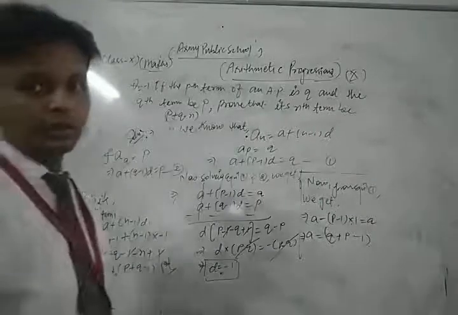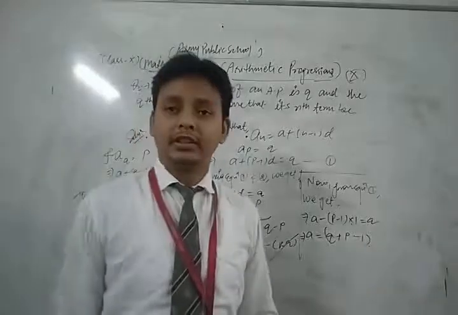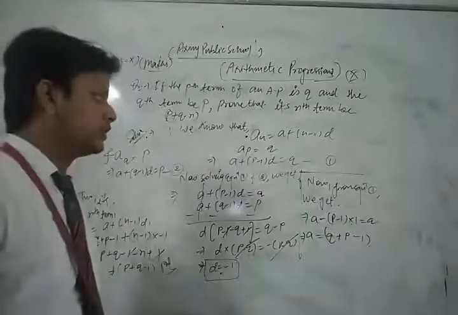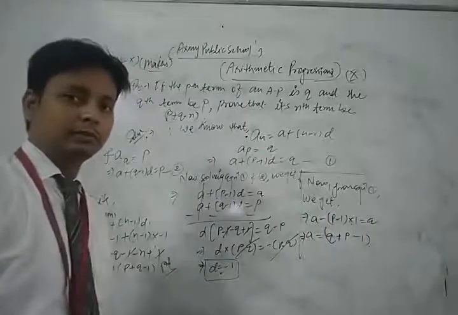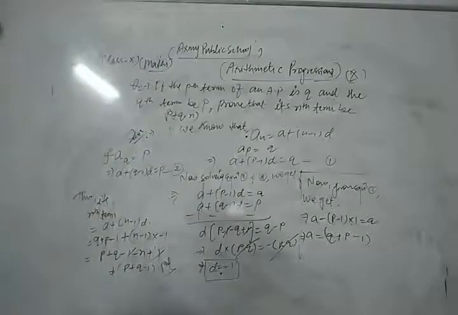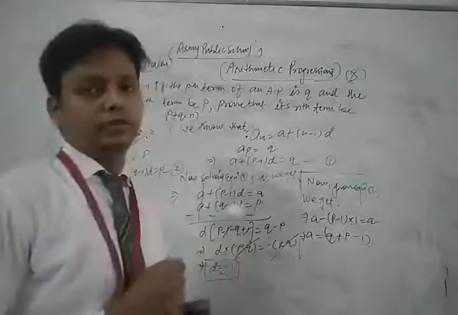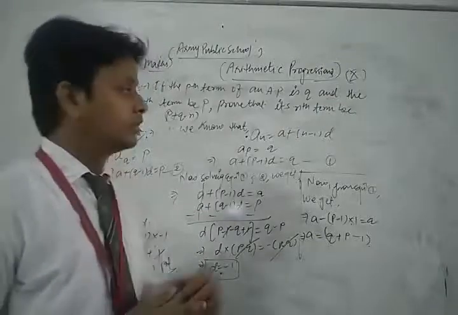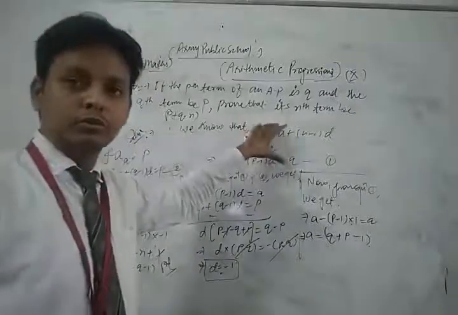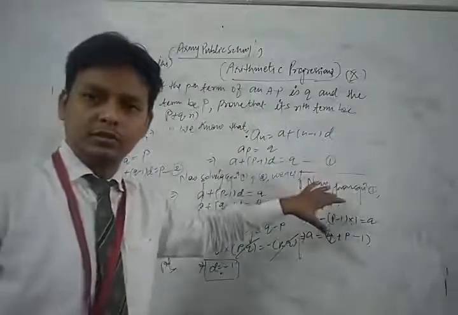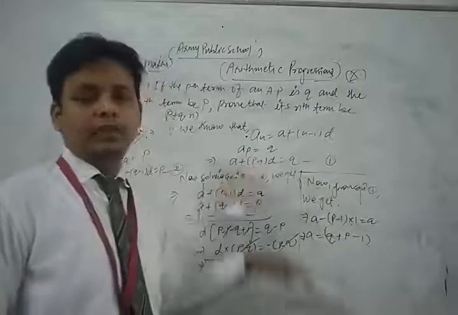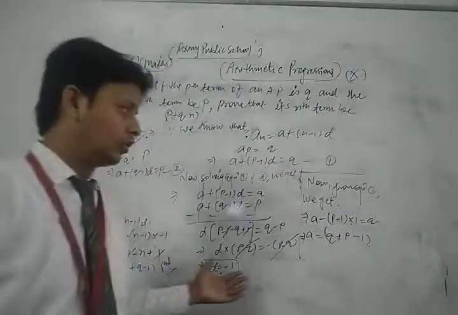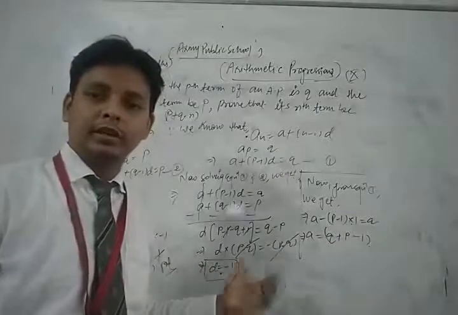exercise based on the topic to find the nth term of the given AP. So this is one of the most important questions. So please, dear students, do more and more practice of that type of question. After that, you can solve each and every question of your NCERT exercise based on the topic arithmetic progressions. So first of all, in that type of question, you form two equations like that. After that, you simplify them. And solving both the equations, you find the value of a and d, and you find your result.